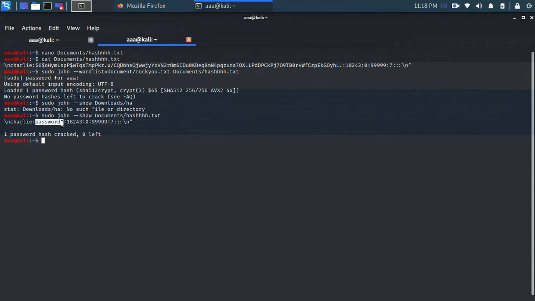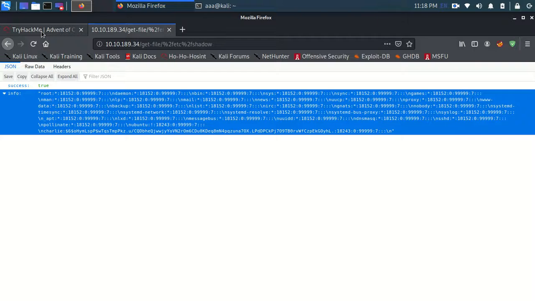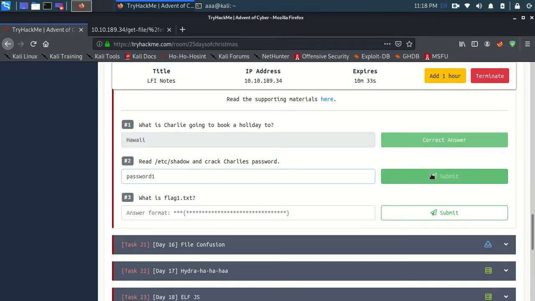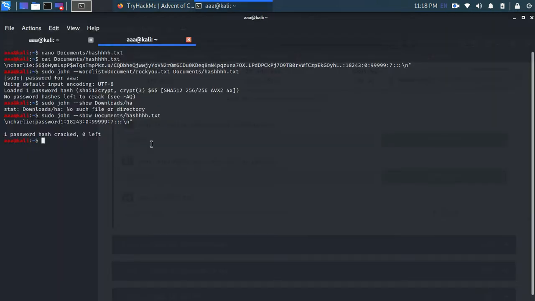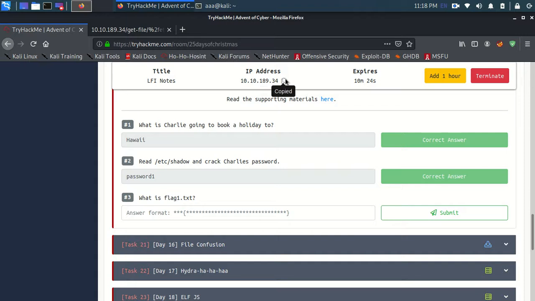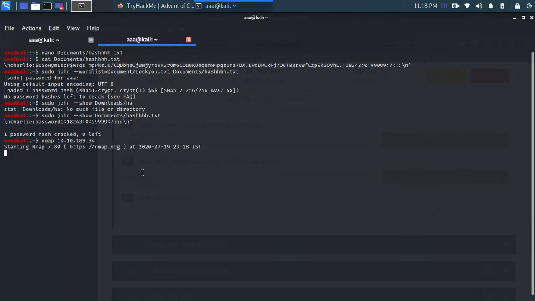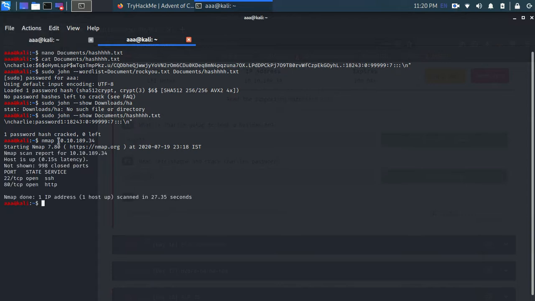Let's copy this, come here, and paste this. It's right. And what is flag1.txt? Let's run an nmap scan on this server. Okay, the nmap scan is here, and it says that it is also hosting an SSH service.